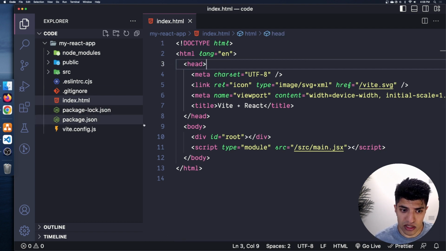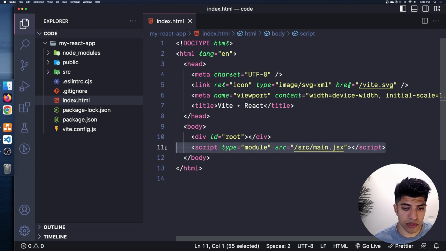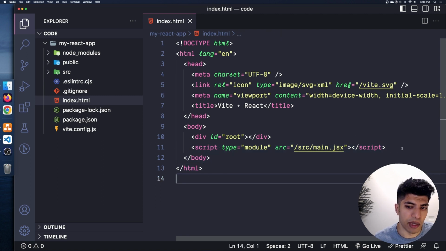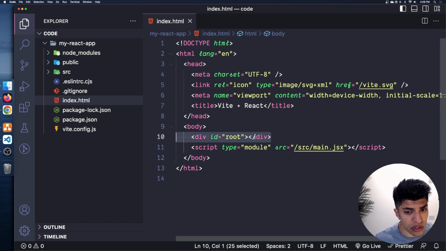If I open up the index.html, you'll see this is a regular HTML file. There's nothing fancy about this. In fact, the only fancy thing about this is that there appears to be a script source here that is JSX instead of JS. So that's kind of weird. Right? That's definitely not a normal thing. I wonder what that's all about. So we'll look at JSX in the next video together, but let's see what that source is. Also notice that they have a root element here, a div with an ID of root. So we're going to look in